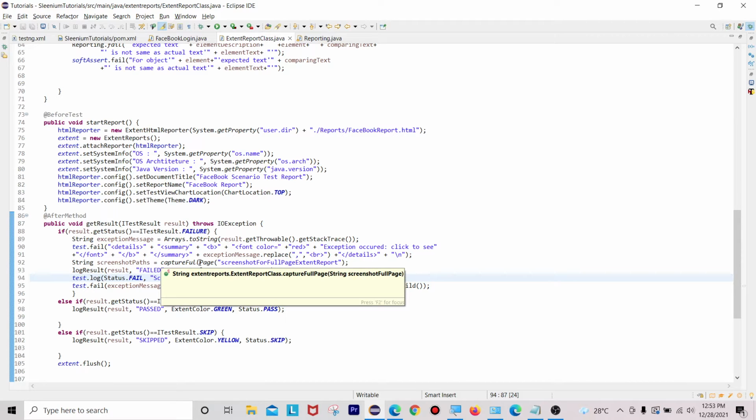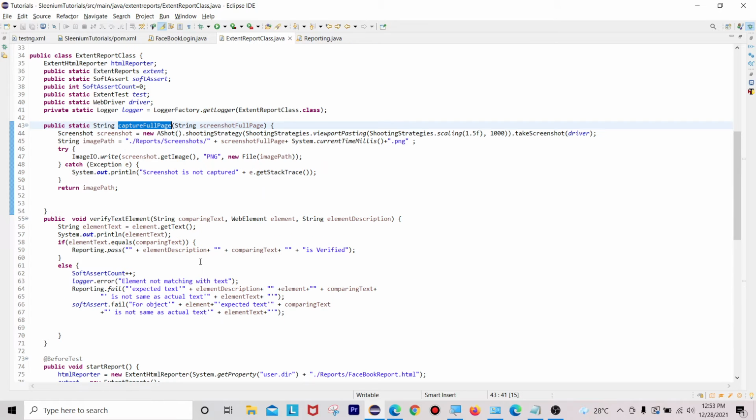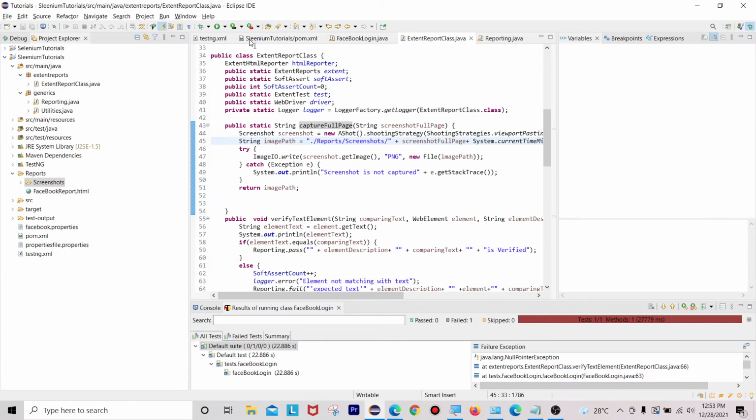I am using the capture full page method here. If you go to the capture screenshot, capture full page method, and write here System.getProperty("user.dir") followed by the screenshots folder, then they will definitely get an error saying file not found exception.